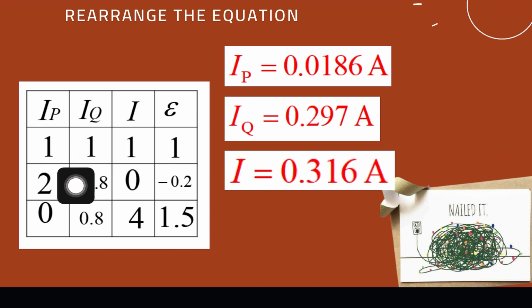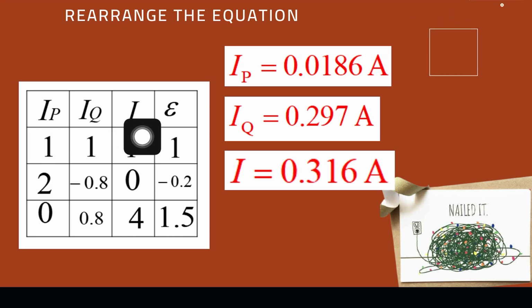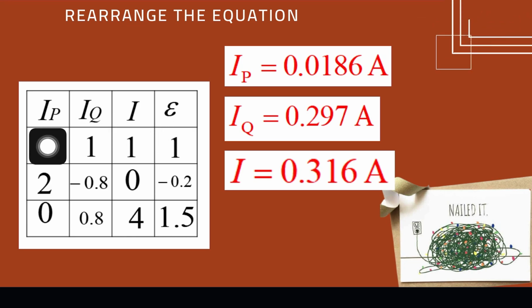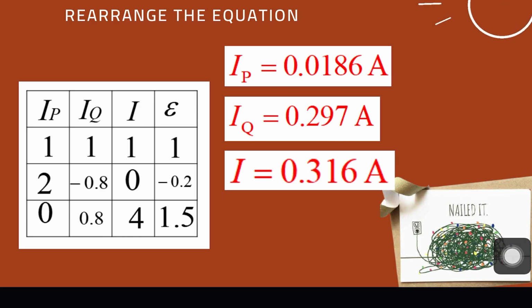Okay, we need to rearrange. So IP, IQ, I and E. So no need to use the substitution method. You can just use your calculator, substitute the